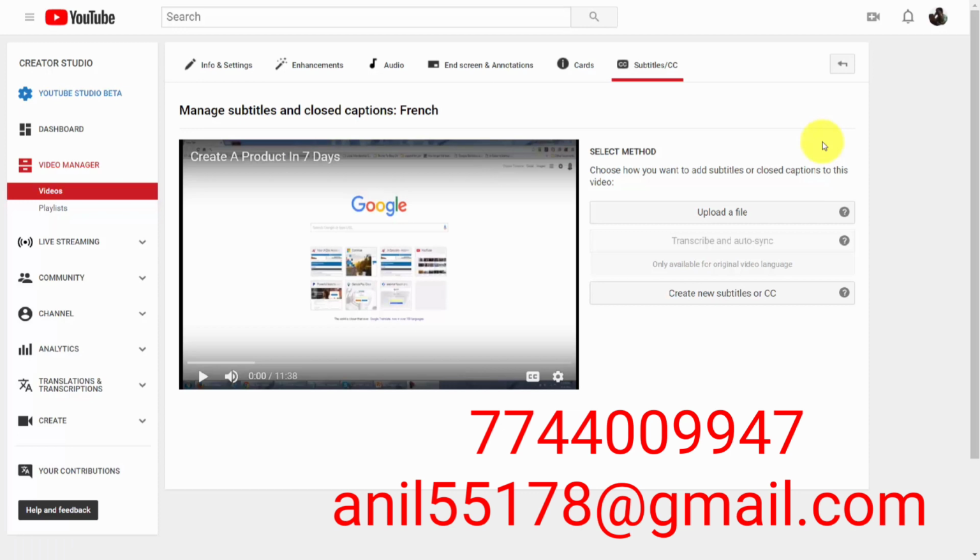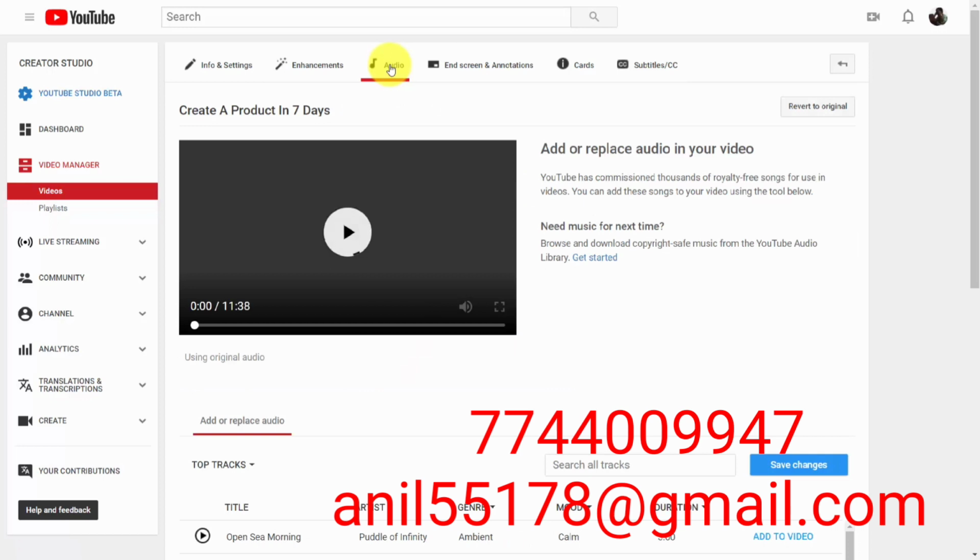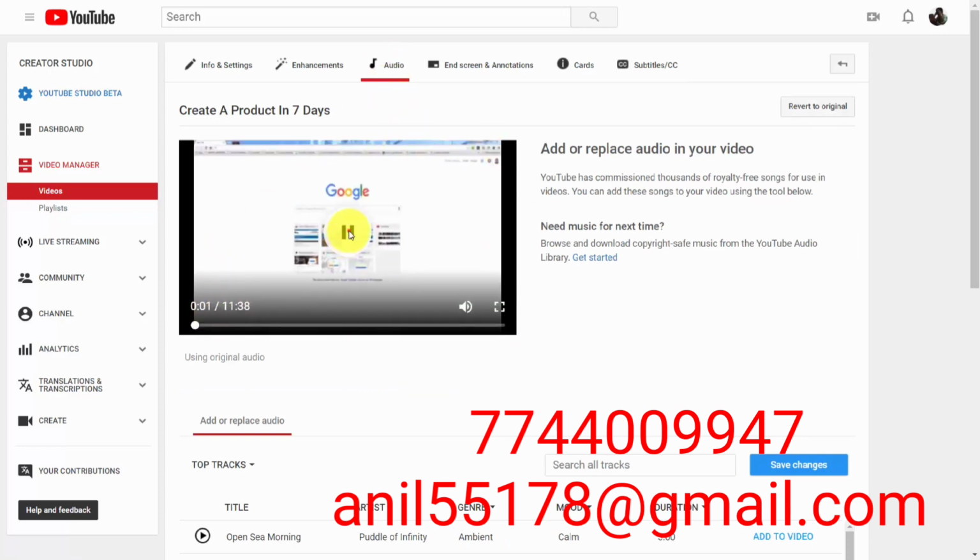Welcome back. Now, depending on what your live stream is and what you're trying to do, another part of the post-production process may be to add music. And you can do that inside of your video editing screen and going to this link that says audio. And when you do that, what you're going to notice is that you can add or replace audio inside of your video. Now, you're not going to be able to add anything from your personal computer to your existing video,